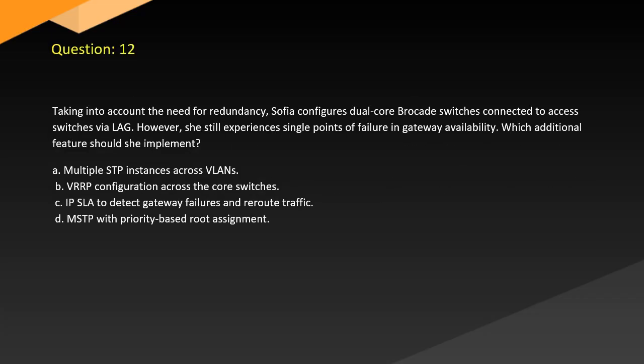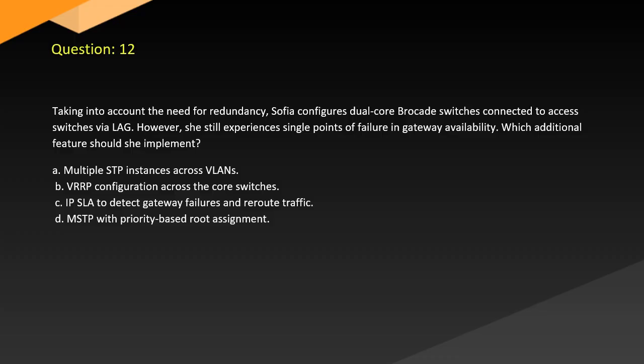Question 12. Taking into account the need for redundancy, Sophia configures dual-core Brocade switches connected to access switches via LACP. However, she still experiences single points of failure in gateway availability. Which additional feature should she implement? A. Multiple STP instances across VLANs. B. VRRP configuration across the core switches. C. IPLA to detect gateway failures and reroute traffic. D. MSTP with